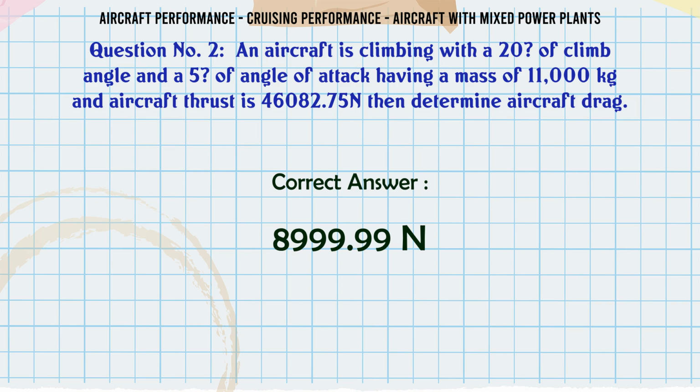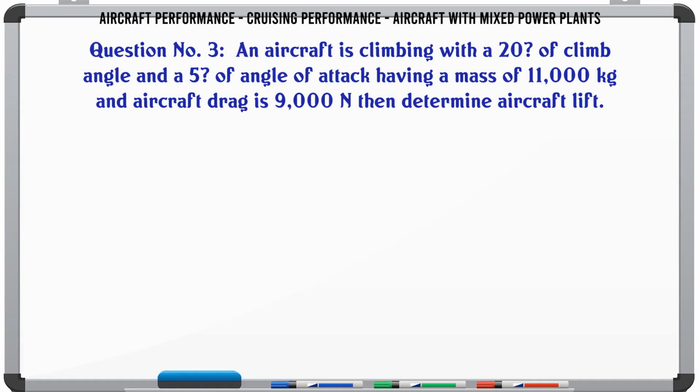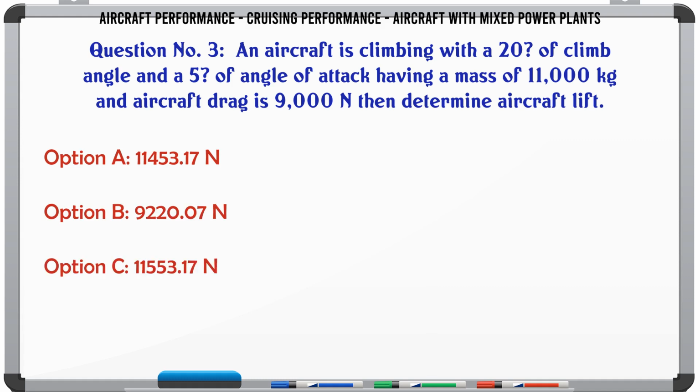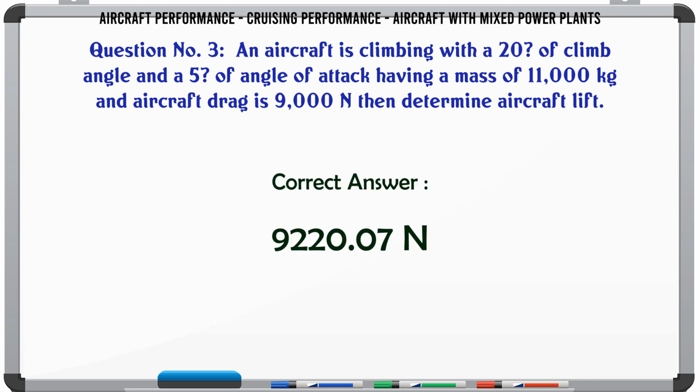8,999.99 N. An aircraft is climbing with a 20° climb angle and a 5° angle of attack, having a mass of 11,000 kg. The aircraft drag is 9,000 N. Then determine aircraft lift. A. 11,453.17 N. B. 9,220.07 N. C. 11,553.17 N. D. 97,385.85 N. The correct answer is